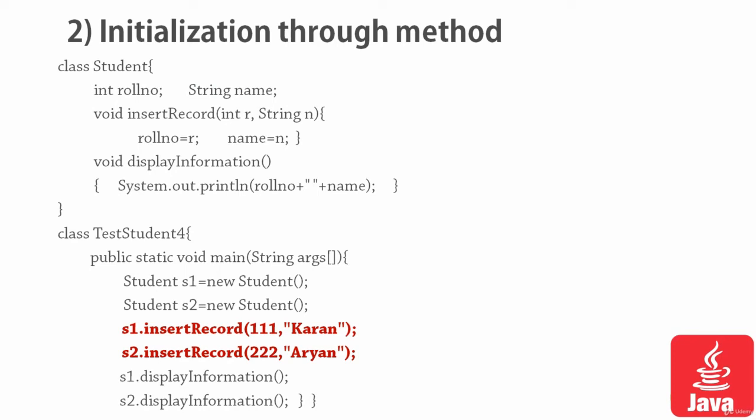Then we have methods. We can initialize a value through methods. If a class has different methods, we can operate on various methods. The method may take input based on different variables. Here we have two variables of type integer and string, id and name. We can pass values directly to this method. The format of writing this would be the object name s1 dot a method of the class, and pass the variables directly within the braces, separated by a comma or any delimiter.